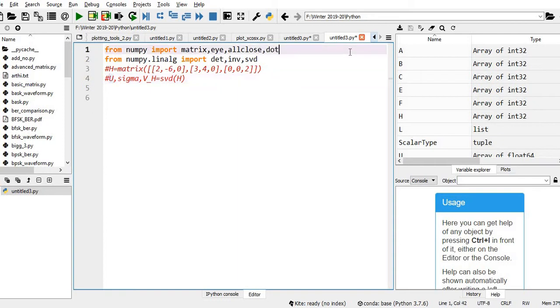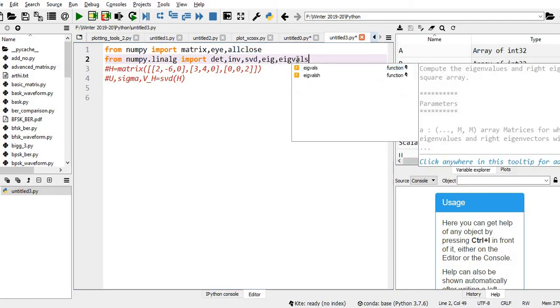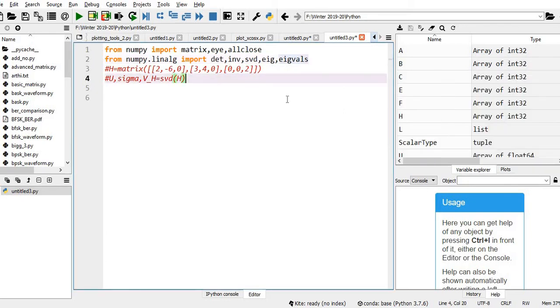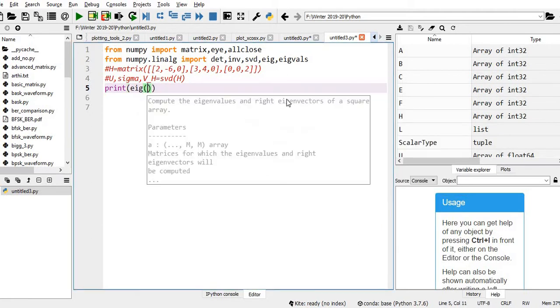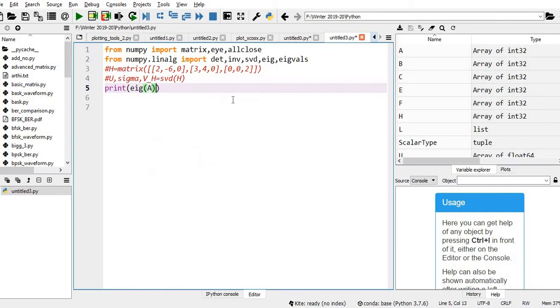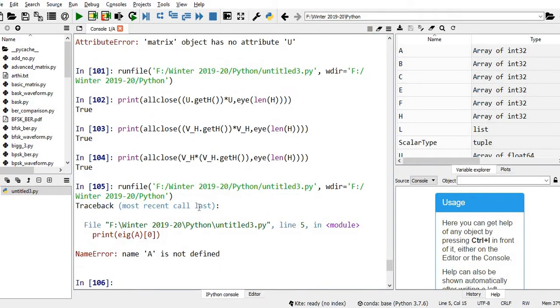So let me import eigvals. What I'm doing is printing the eigenvalues of A, where the 0th index is the eigenvalues.